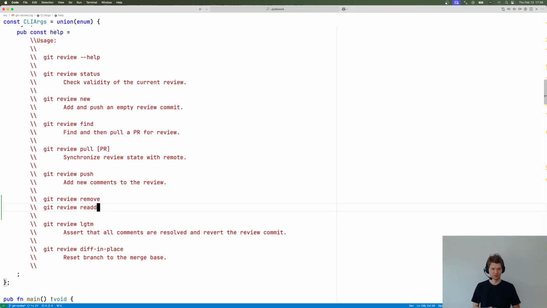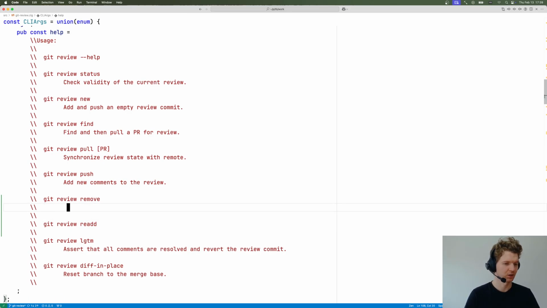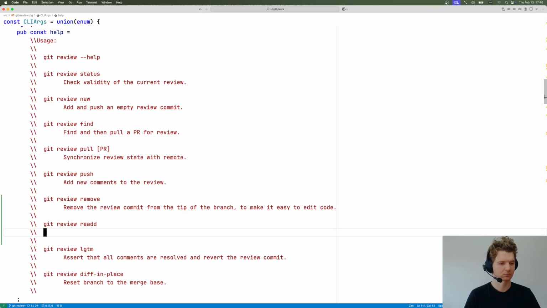They kind of sound like they should do what they need. Okay. Remove the review commit from the tip of the branch to make it easy to decode. Reapply the review commit on top of the code. And here, okay, here we should